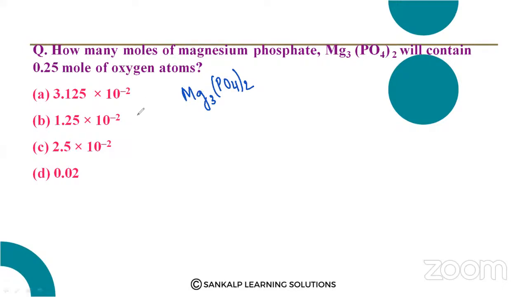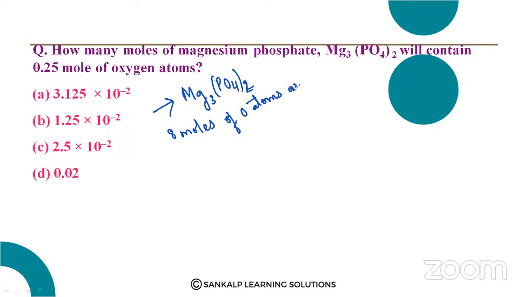So this is also a case where the amount of substance is given. First we calculate how many oxygen atoms are there in magnesium phosphate. The oxygen atom count is 4, and this is for the whole bracket, so 4 into 2 is 8. Therefore, 8 moles of oxygen atoms